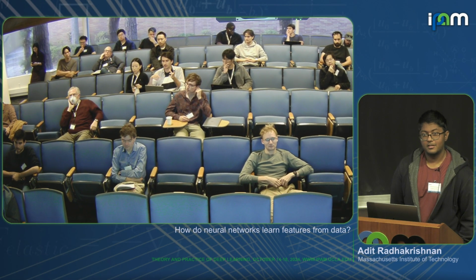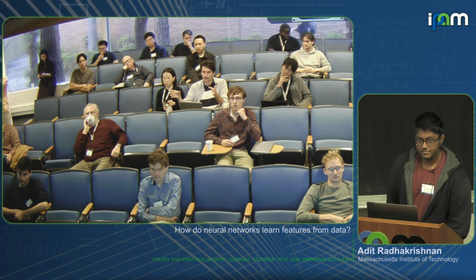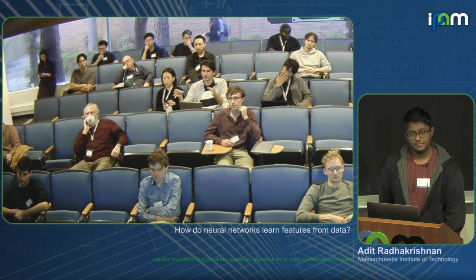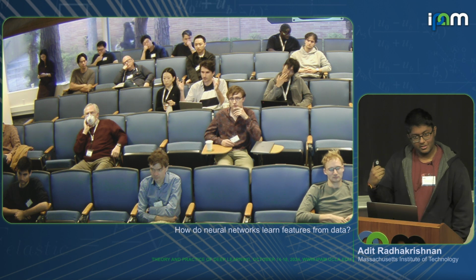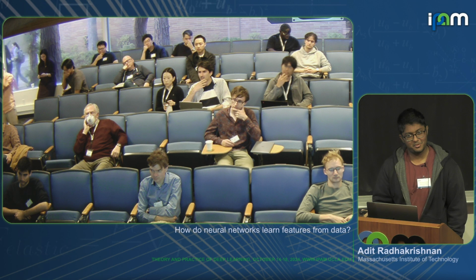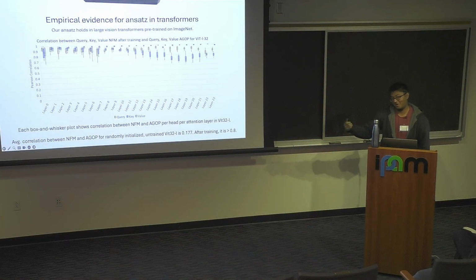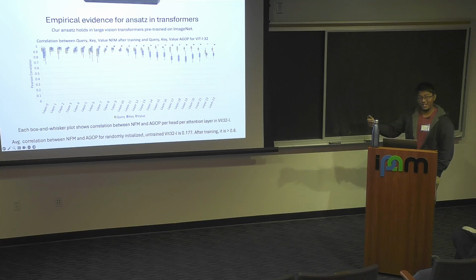Because you make a link between the values of the parameter matrices and the gradients of your model function. Yes. Wondering if there's a direct connection through backprop in a sense. So it's not obvious to form that connection because one is gradients of the parameters, the other is gradients of the input to this layer. But I'll show you a case. It becomes clear that gradient descent somehow magically does align these two things.